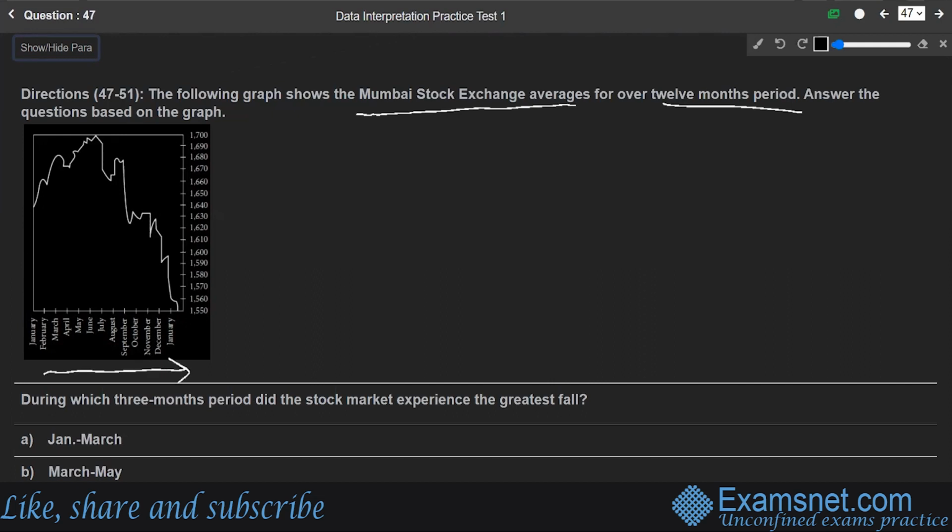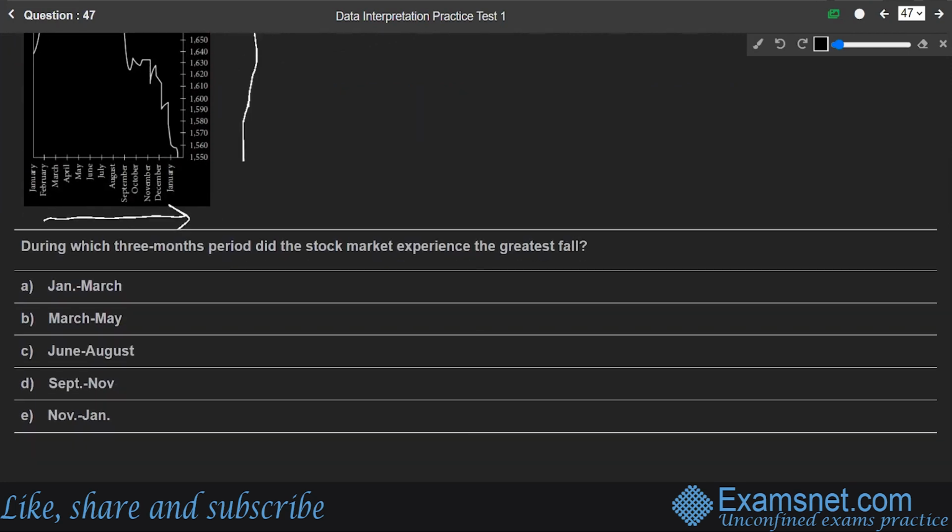we have got months from January to next year January again, and on the y-axis we have got the values of the stocks. Obviously these are average data, so for every month an average value of the stock exchange has been mentioned, and for the complete 12 months period, this is how the data is represented. So the first question says, during which 3 months period did the stock market experience